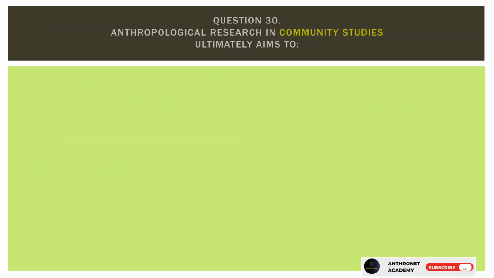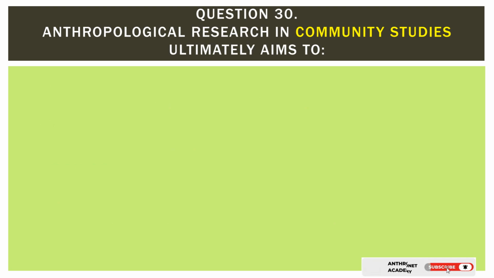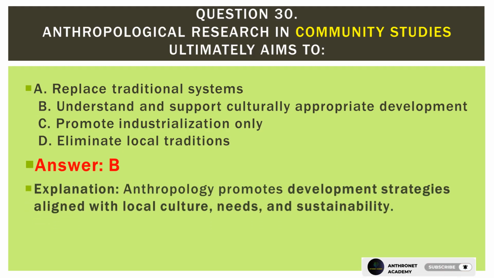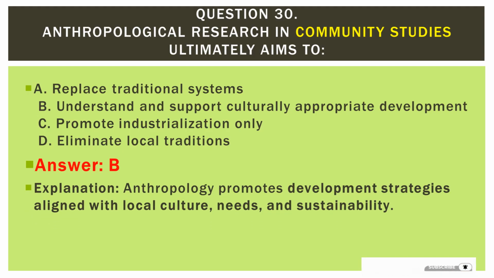Question 30. Anthropological research in community studies ultimately aims to: A. Replace traditional systems. B. Understand and support culturally appropriate development. C. Promote industrialization only. D. Eliminate local traditions. Answer: B. Explanation: Anthropology promotes development strategies aligned with local culture, needs, and